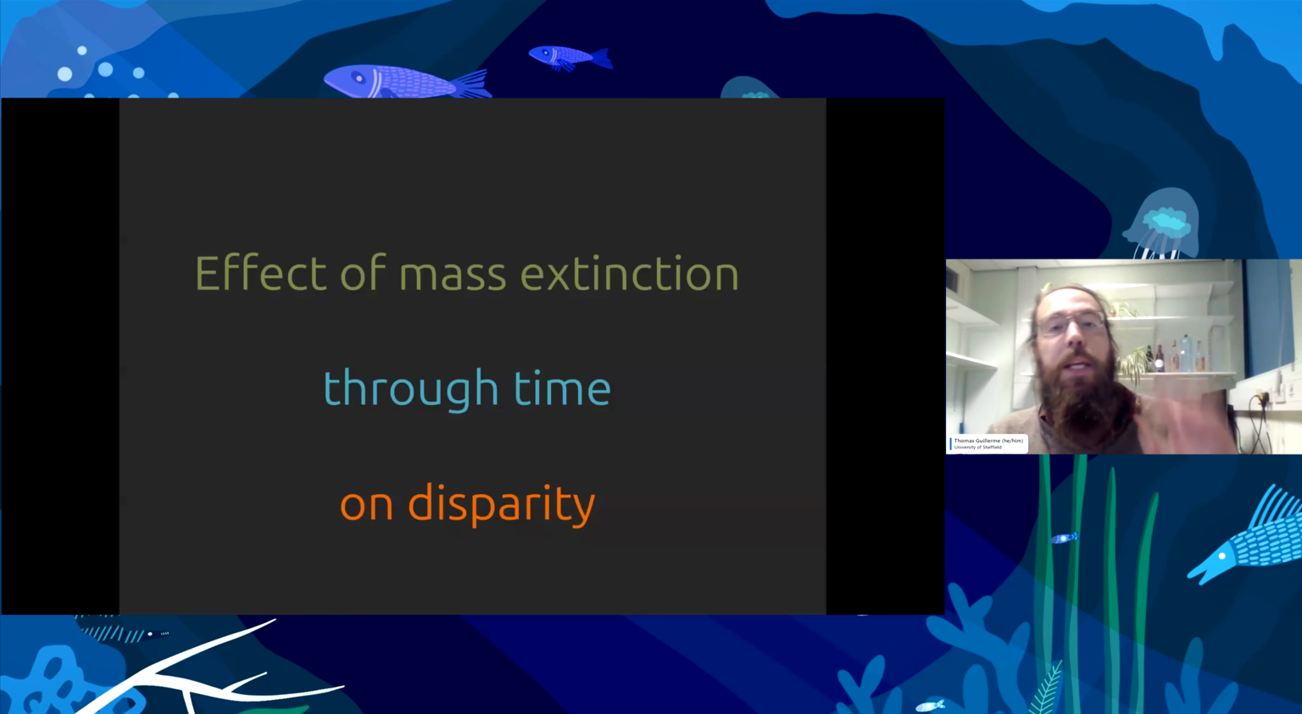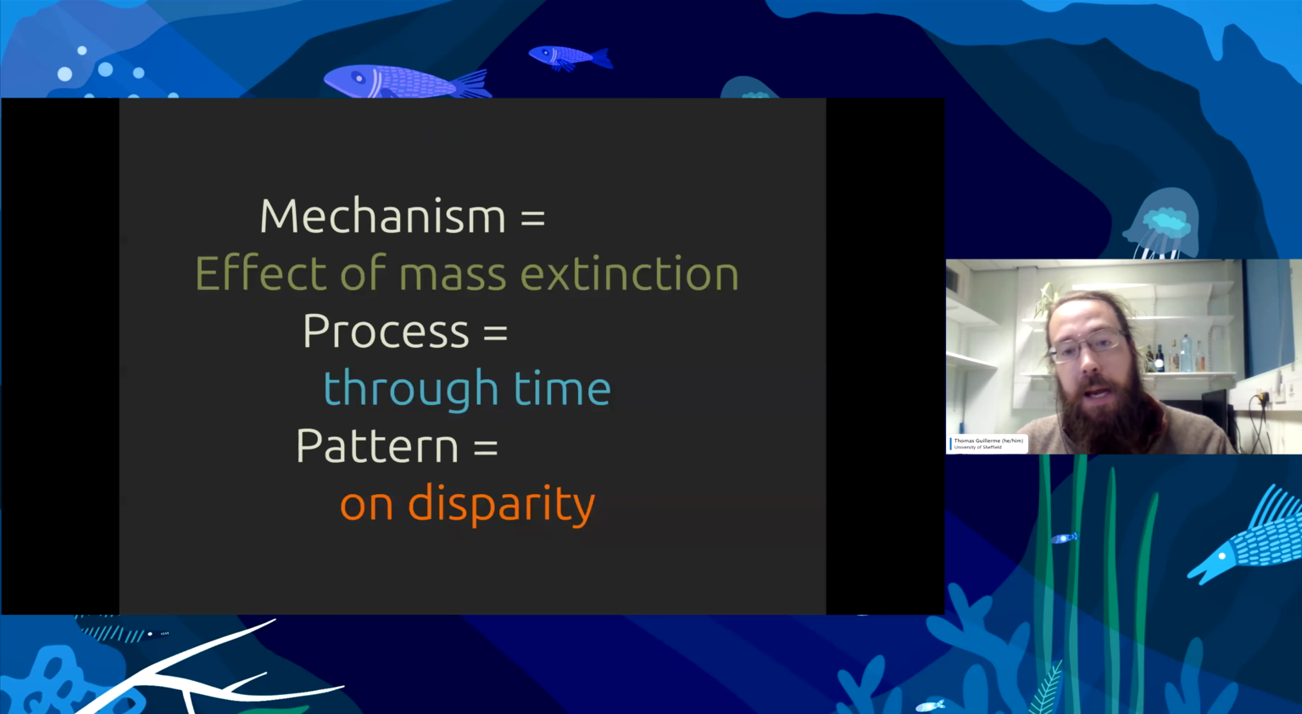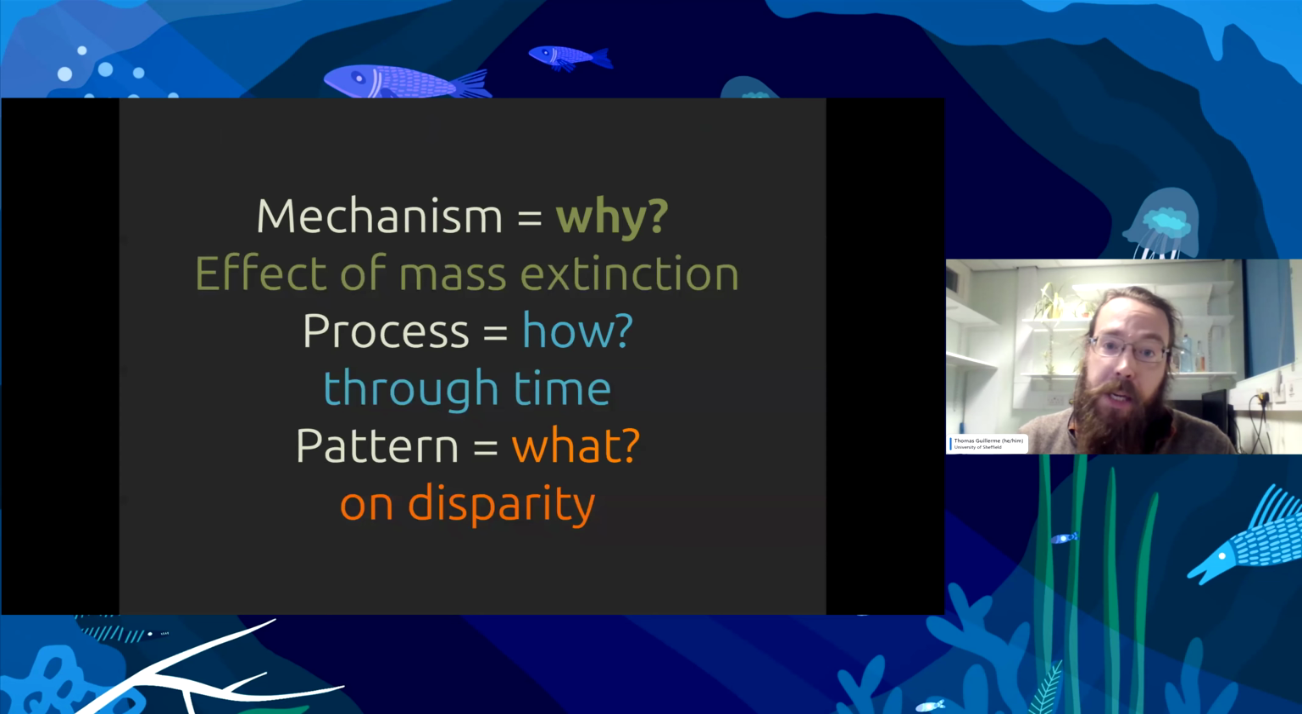So if I reshuffle these terms, we have here the mechanism. So that's the mass extinction event, a process, this is through time, and a pattern. So in a way, disparity is what, the process is how, and the mechanism is why. So just to highlight here, the mechanism is what we are usually interested in as biologists, and what definitely gets us grants. If you write on your grant application, trust me, I've tried,